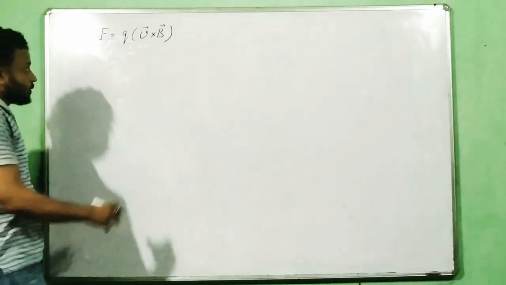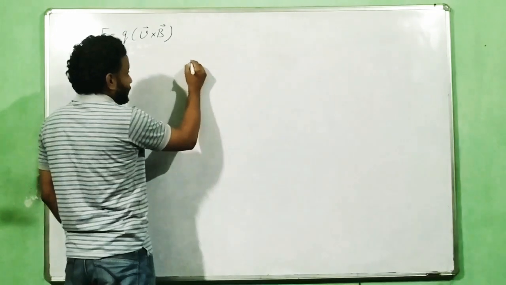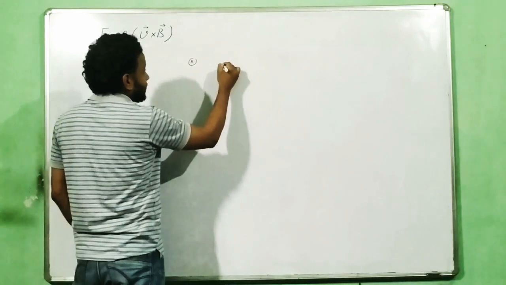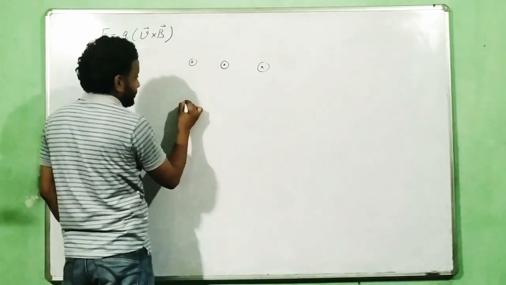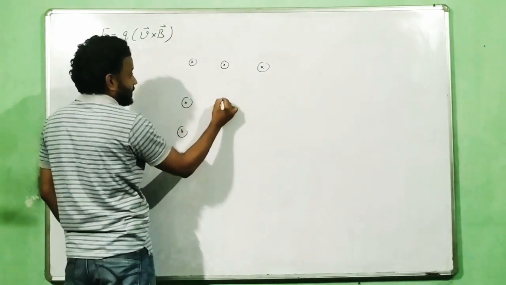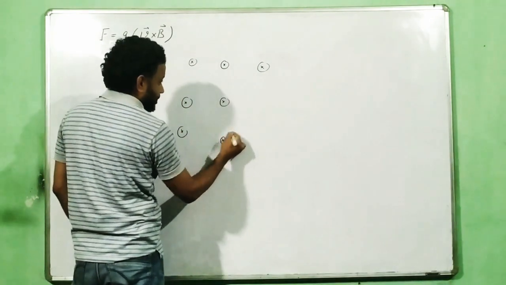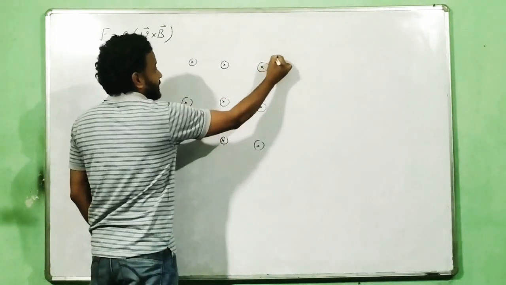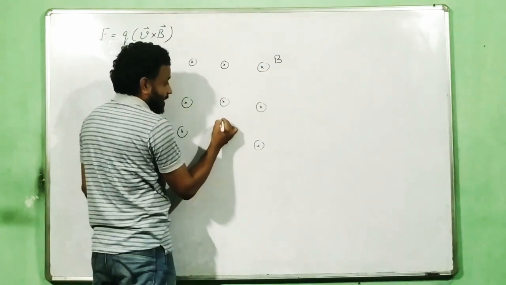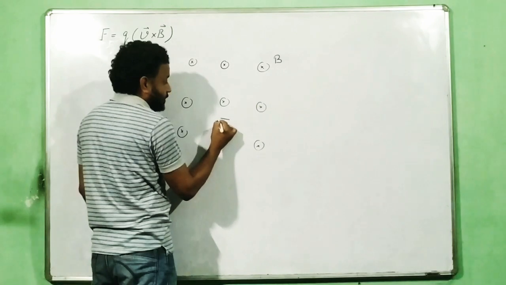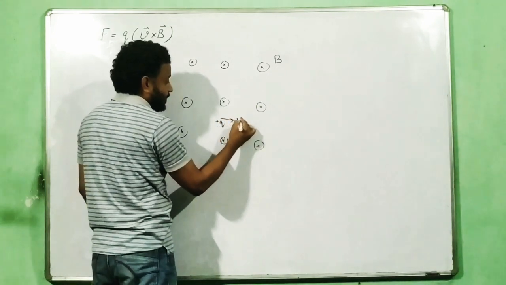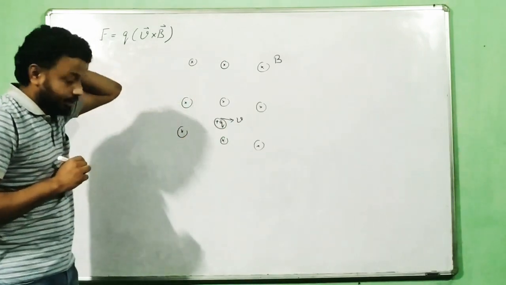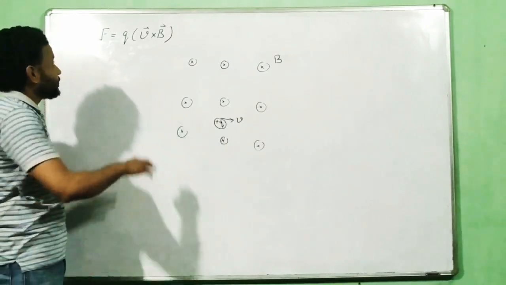Okay. So based on this, now consider this situation over here. Say that you have a magnetic field which is, let us say, inside the board. This is the magnetic field region which is inside the board. In this magnetic field region, I am providing a charge plus Q a velocity of V. So if I provide this charge with velocity V, what is going to happen? Let's try to figure it out here.